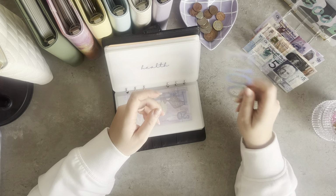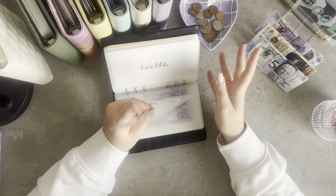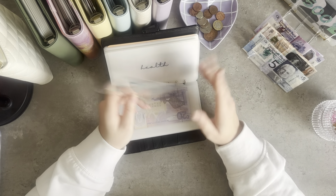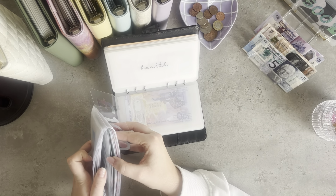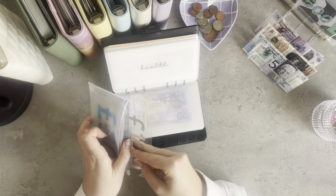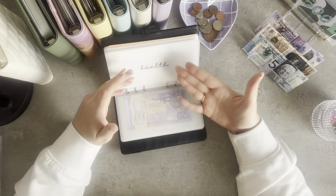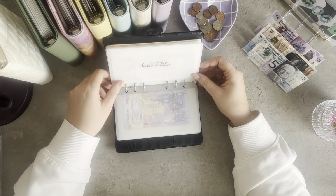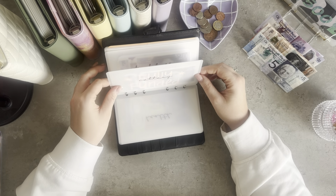And then health as well, I'm going to need to sort this tracker as well. There's not £100 in here anymore. I had to use this money last week. I explained that I cracked a tooth, so I've had to go into the dentist and take that money out to get it fixed. So it's all good. It cost me £90, so I've got £10 in there, which I'll probably again take out and put back as cash, just so I'm keeping track of things right. But at the moment there's like a tenner, but we'll just call it nothing